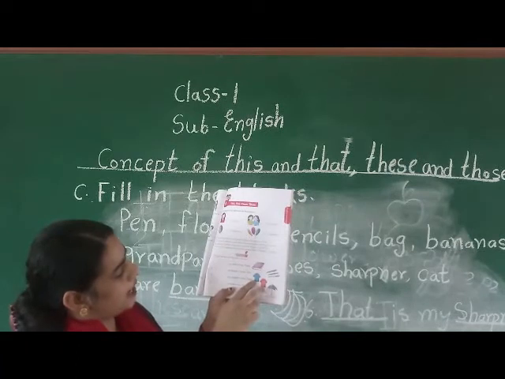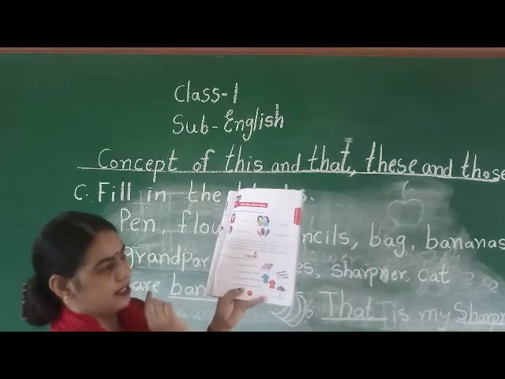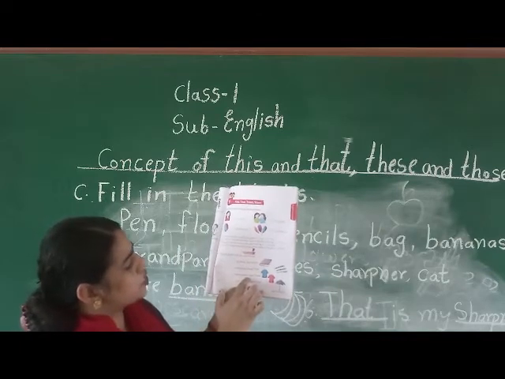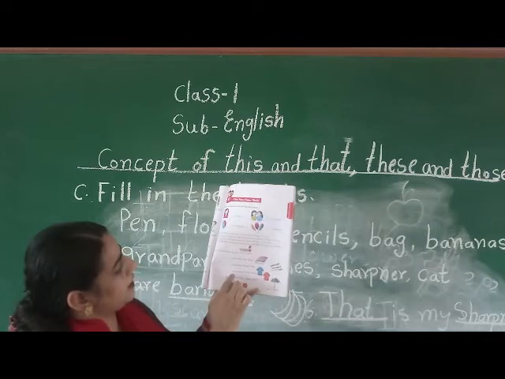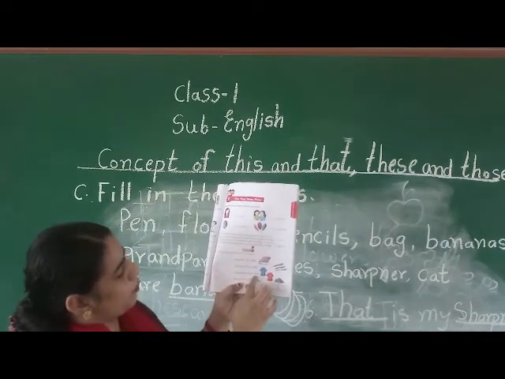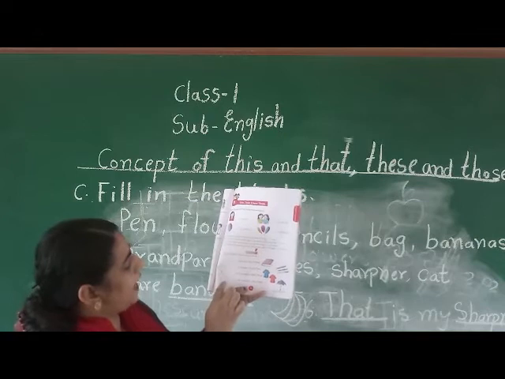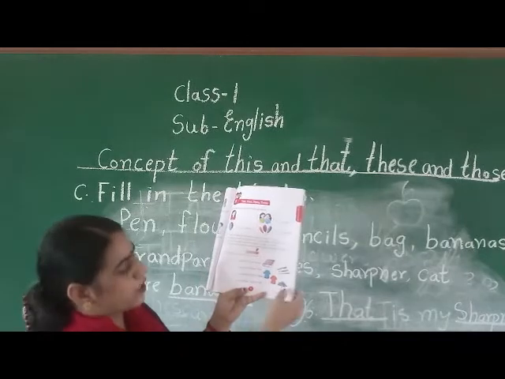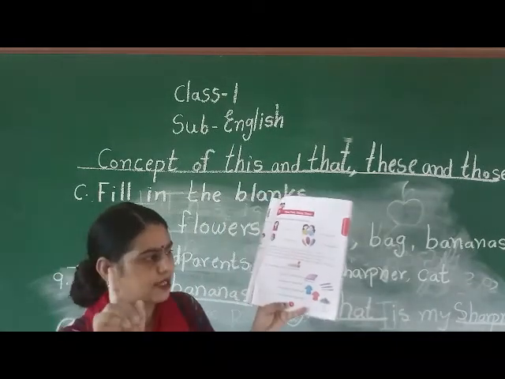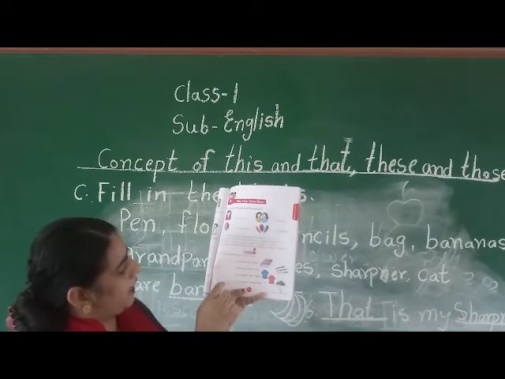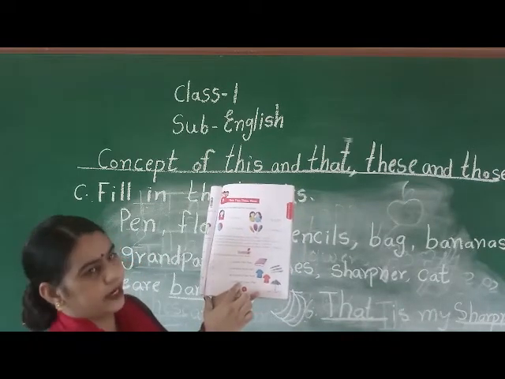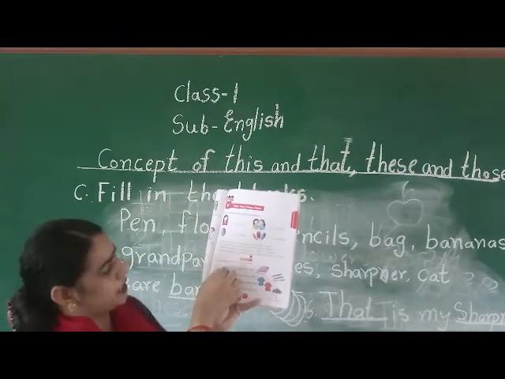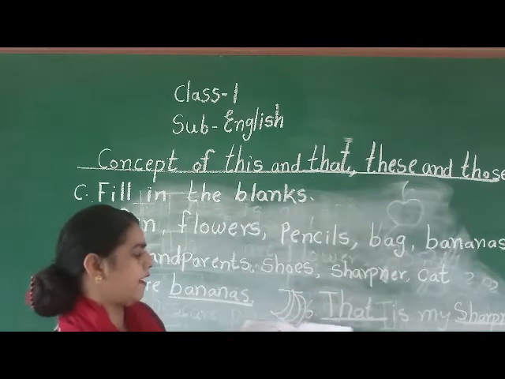Now here 2 shirts are there, one red and one blue shirt, and it is nearby. So here we will use these are your shirts. From here what we will write? These are your shirts. So the correct option is these. After that, dash is her umbrella. So these and that is written here. So what we have to write here? That, because only one umbrella is there and it is far away. So here we will write that is her umbrella. Okay. So on the correct option put the tick mark also, and that correct option you have to write here in the blanks also.